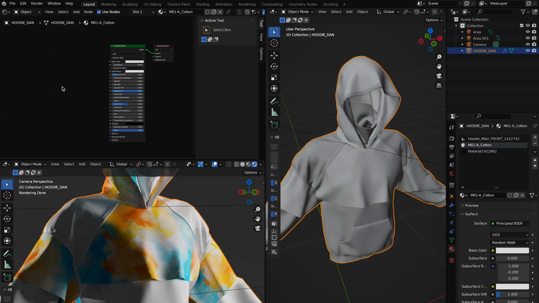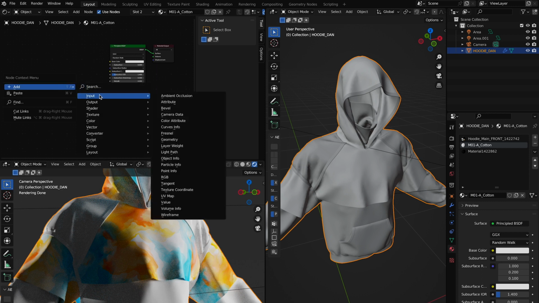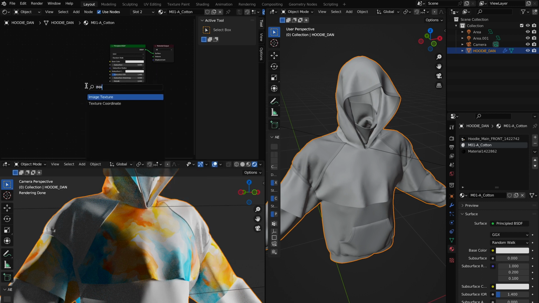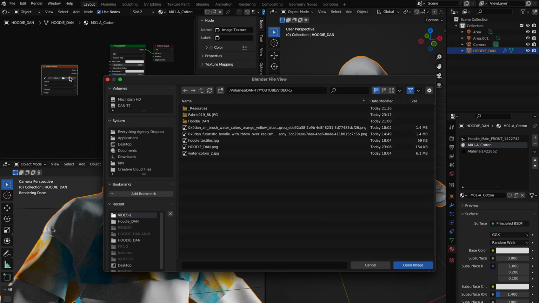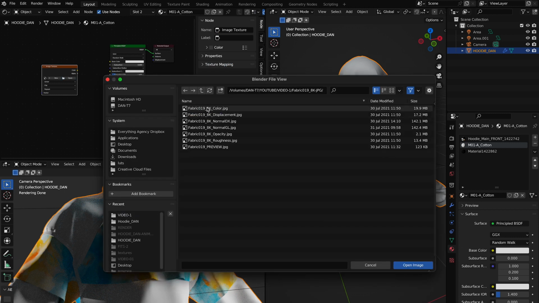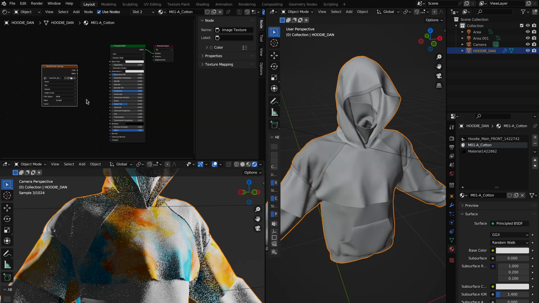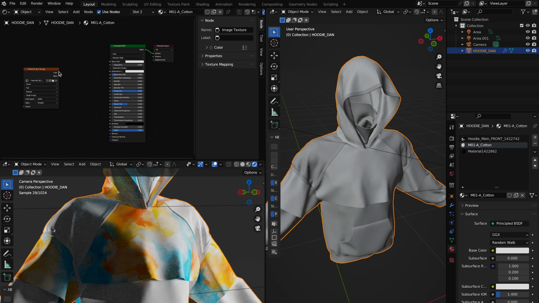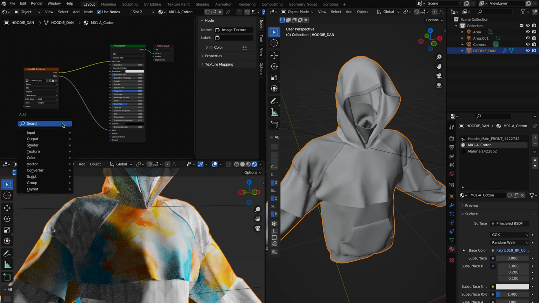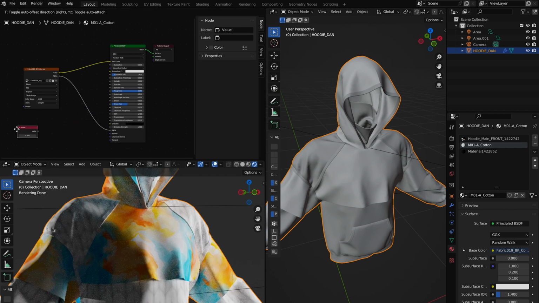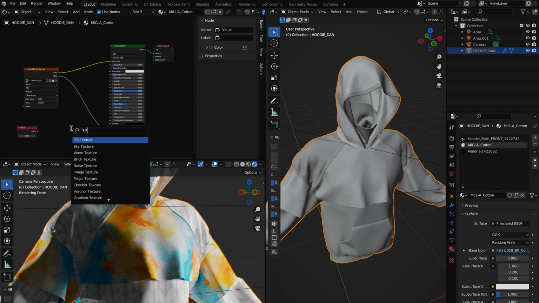Now we can begin adjusting our materials. So for that, we're going to go to our shader editor view. We're going to add image texture and then select fabric 019 color, which is also in the folder supplied. We're then going to attach it to base color and the alpha of the Principled BSDF, followed by adding a value, texture coordinates,